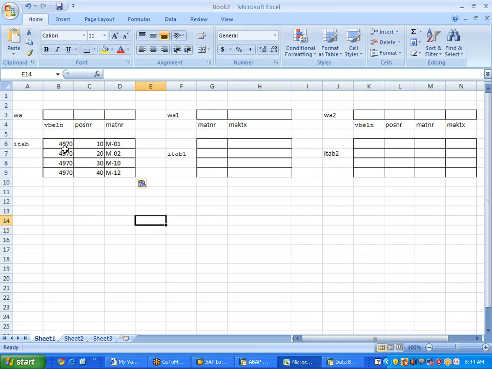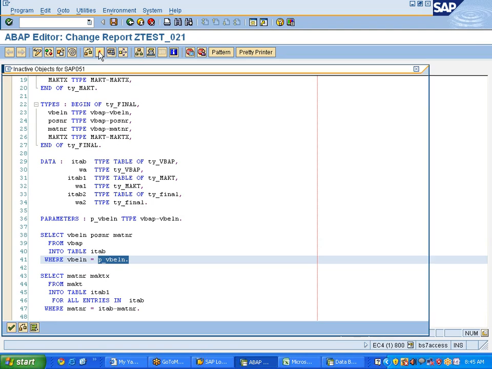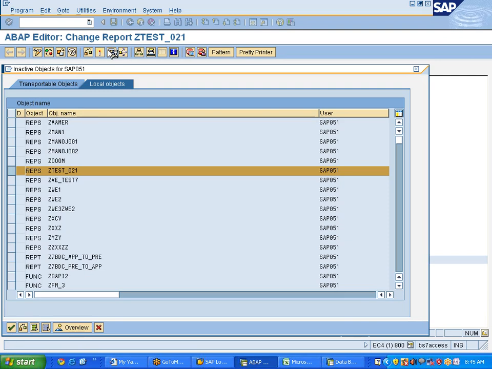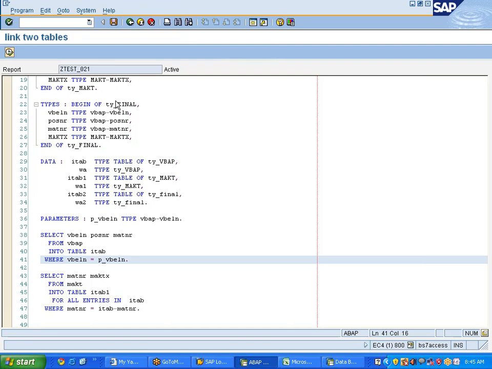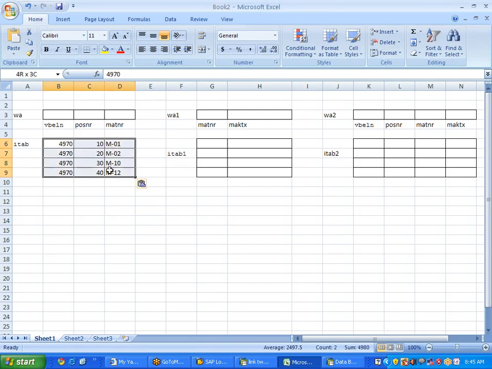If your P_VBELN is 4970, if you put that while executing, correct? What I am saying is P_VBELN means you will give an input, right? Here, if you give 4970, then P_VBELN is 4970, then you will get these records from VBAP table into the internal table, correct? Now, the next step is,